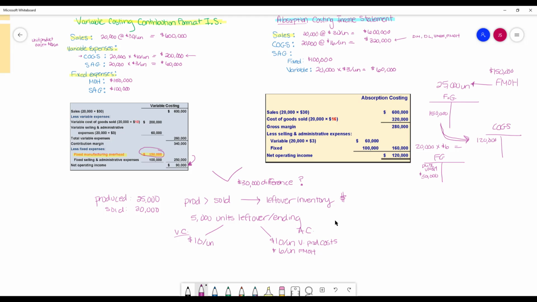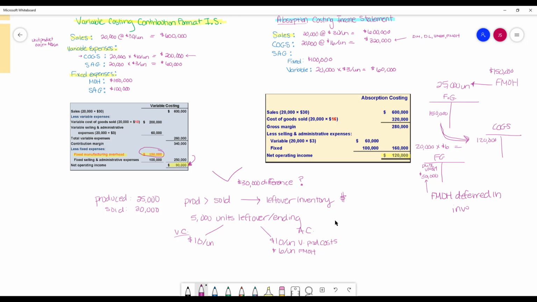because we only sold 20,000 units of the 25,000 that we made. So it's this $30,000 of fixed overhead that's still stuck in inventory under absorption costing that is responsible for the difference between this $90,000 net operating income under variable costing and this $120,000 operating income under absorption costing. So this $30,000 still stuck in inventory, that's what we would call fixed manufacturing overhead deferred